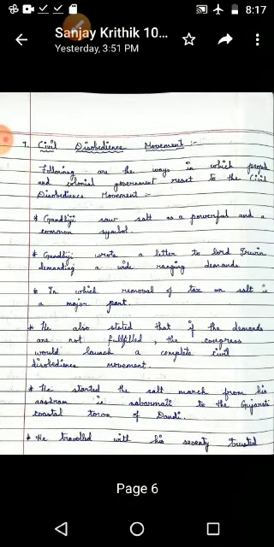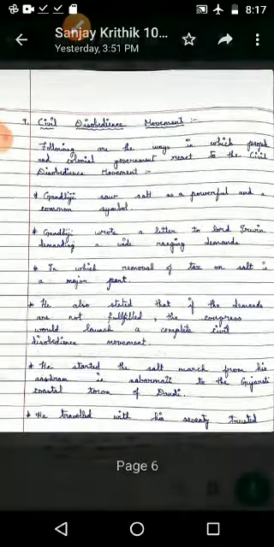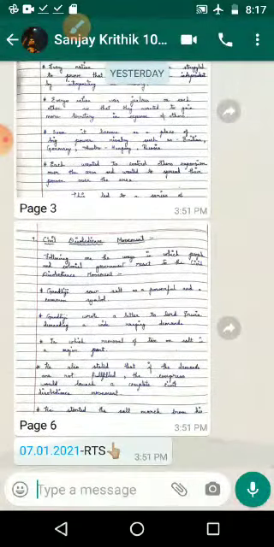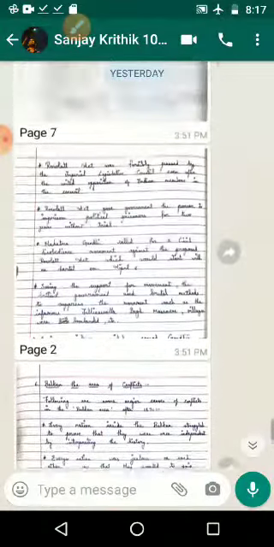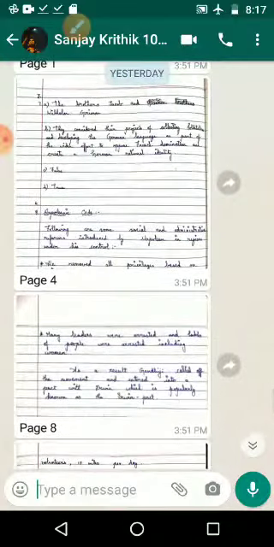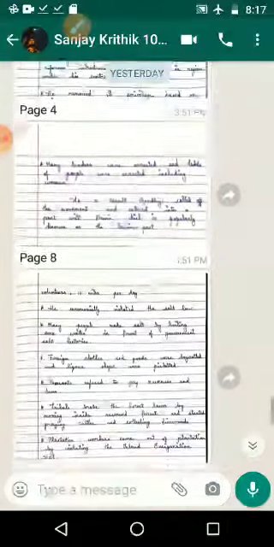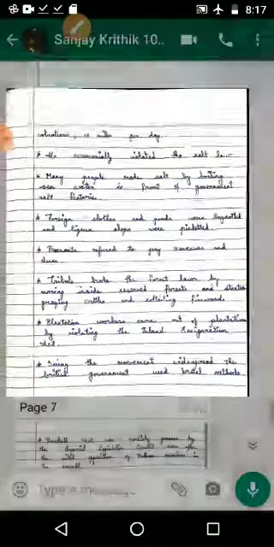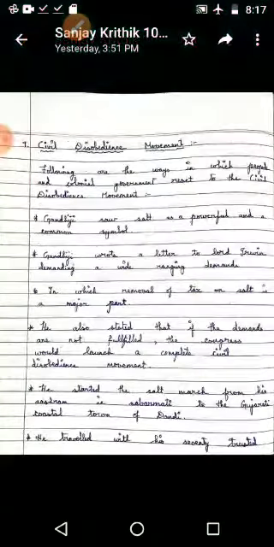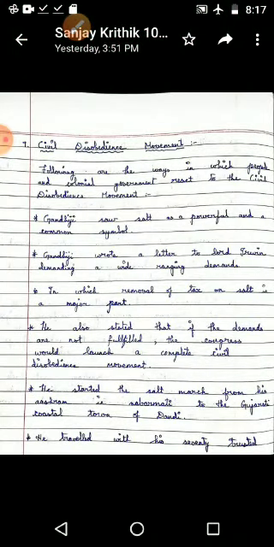Then next, continuing the questions. The seventh answer is also the same. Then let us see one of the questions for 5 marks. One minute, page number 6. Here it is given the civil disobedience movement. We know from the heading itself where it happened. It happened in India. Then following